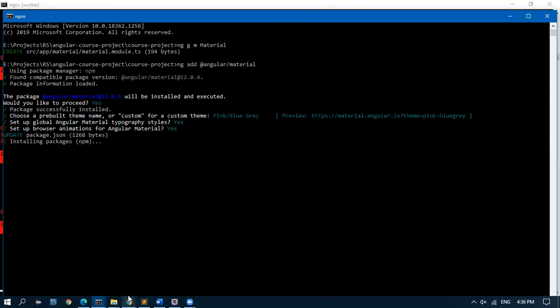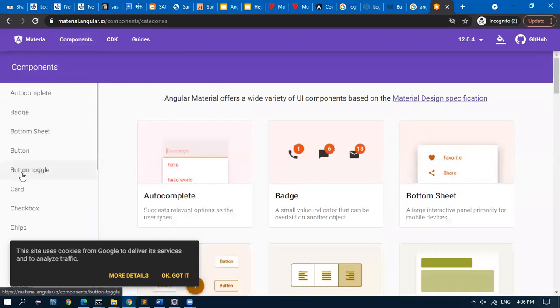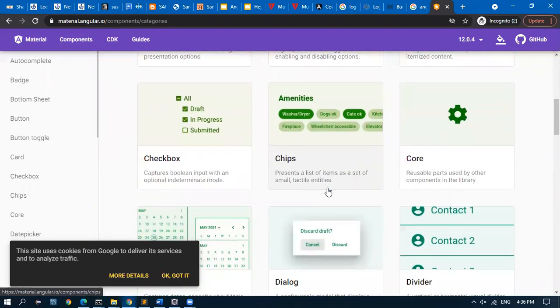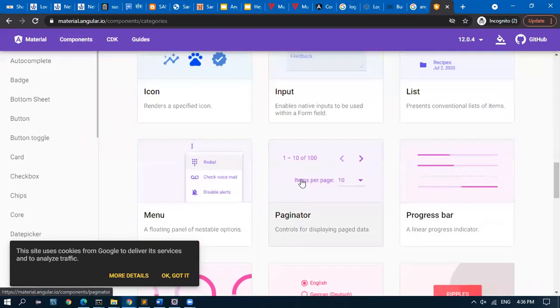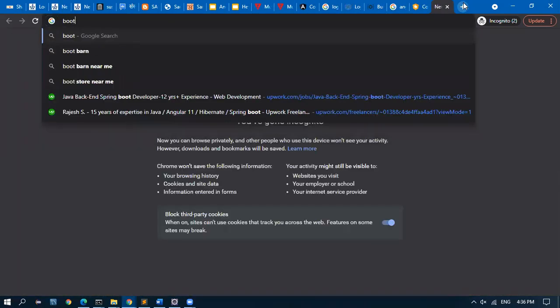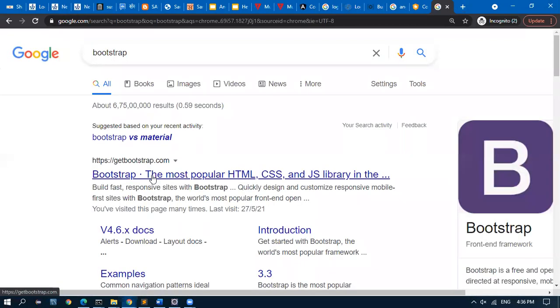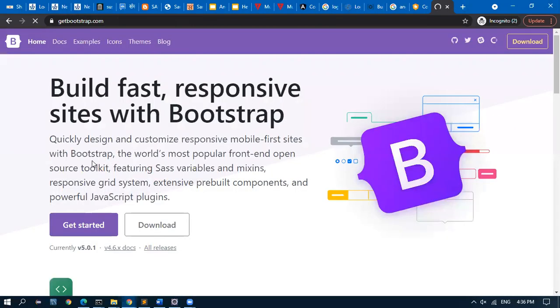Angular material is a third party component that provides the UI layouts. They provide pre-built layouts. One more provider is Bootstrap. We can use any one of them. I prefer Angular material.